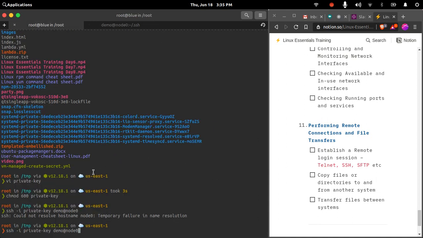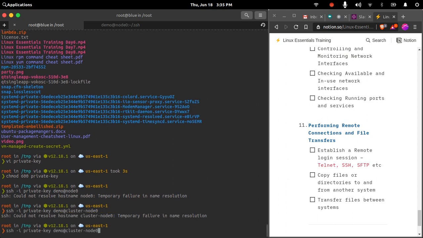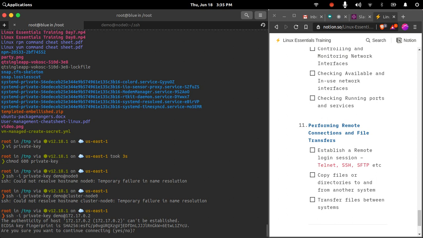I'll provide cluster node 0. Okay, so this node name is not identified, it is not stored in my /etc/hosts, that's why it is complaining about the node name resolution failure.